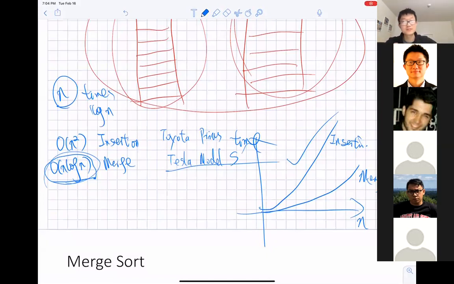You don't have to know such details. But if you are interested, if you want to pursue graduate study, especially a PhD in computer science, you need to go over the book to know the details about the complexity analysis, why it is O(n log n). That is research.